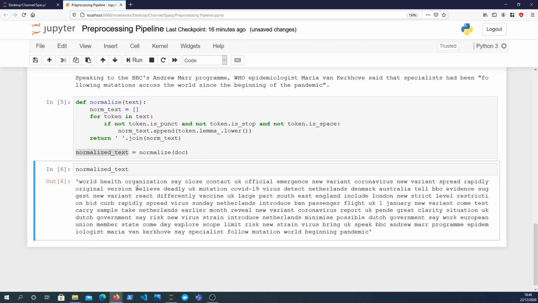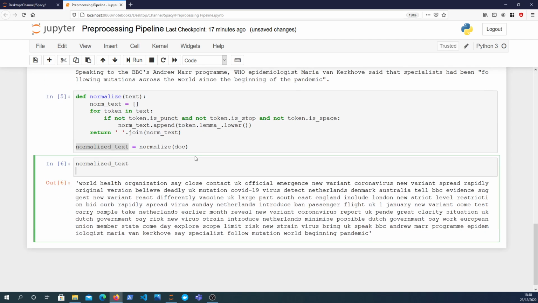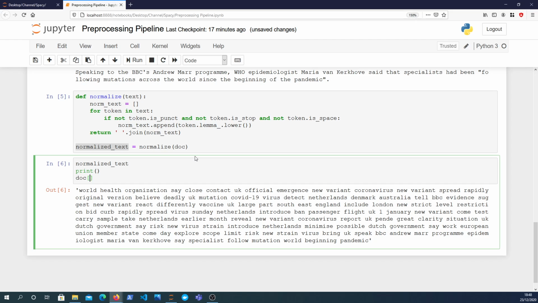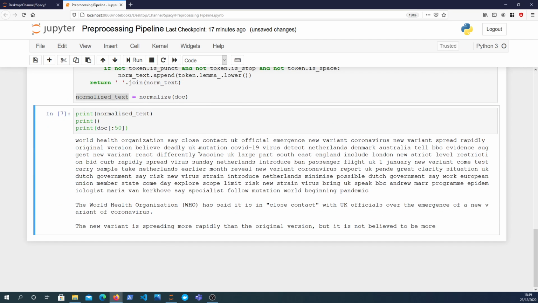And we see that we've still got many of the words, but some things have been changed. We have World Health Organization say close contact. Let me just compare that to the document. I'll print a line in between these, and we'll print the first 50 characters of each. Okay. So the original text had the World Health Organization, WHO, has said,